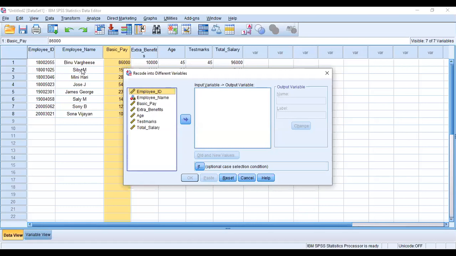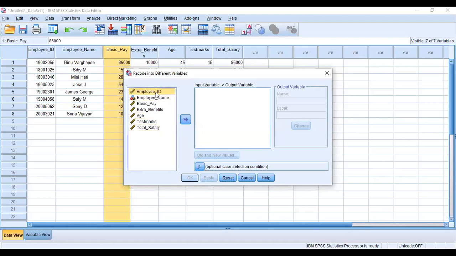See the question. In that, the Recode into Different Variables dialog box appears. I hope you can see the dialog box. Clear? On the left-hand side, you can see employee ID, employee name, basic pay, extra benefits, age, test mark, salary.